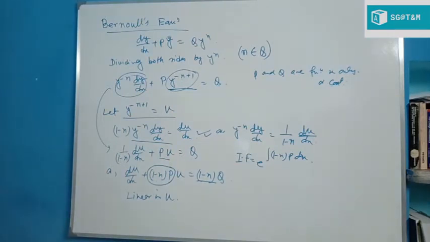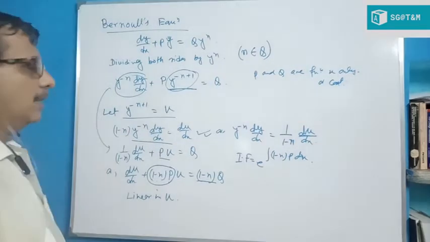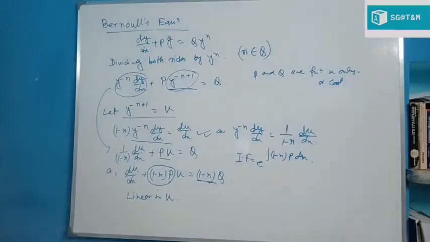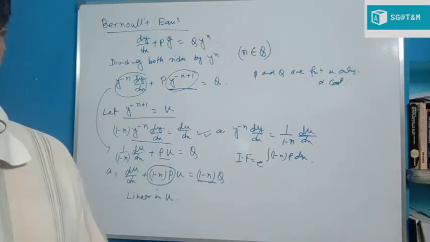dy/dx plus p into y is equal to q y to the power n. In the right hand side, q is a function of x or constant, but the right hand side is not free from y. So first we convert this into a form free from y, then we solve it by the previous problem. Okay. Now we take an example of this type to prove this theory.